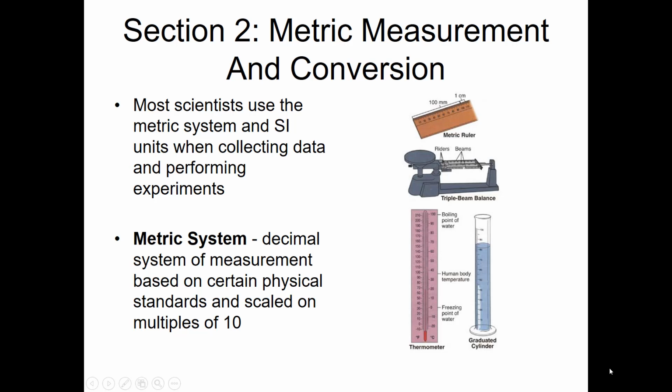Section 2 here, we're going to look at metric measurement and conversion. In science, we use the metric system. It's just much easier to go from one thing to the other. And with that, there are these things called prefixes, like kilo, mega, and so forth. So we're going to use a metric system, and we're going to look at conversions between one and another, mostly